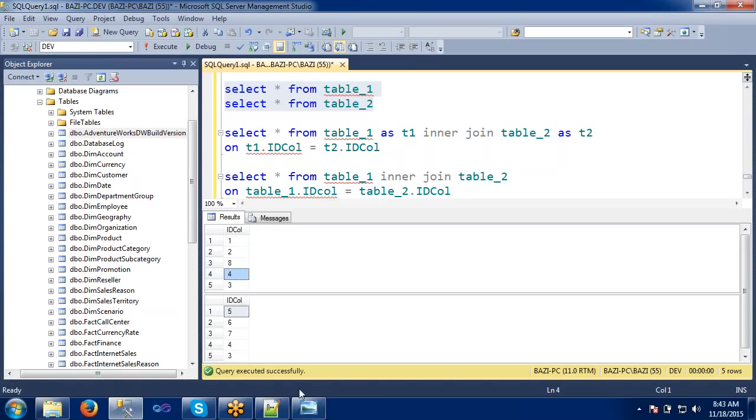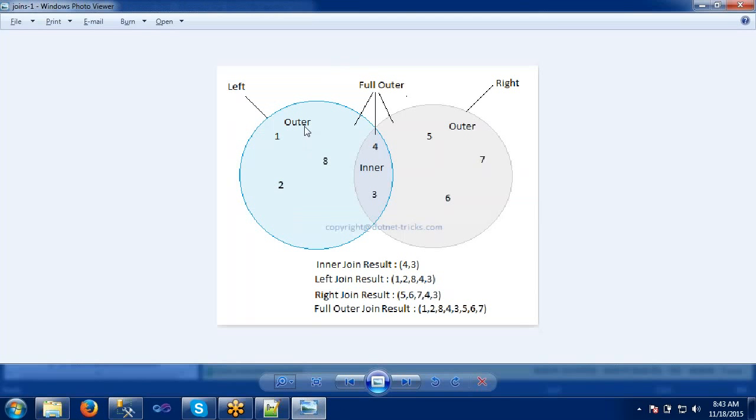Why? Because in our scenario, we call the first circle the first table, with values 1, 2, 8, 4, 3. This circle is a table, and in it we have these values. Again, this circle we call another table, with some values. So in these two tables, what are the common things? What are the left common things? What are the right common things? What are the fully common things? We call these joins.